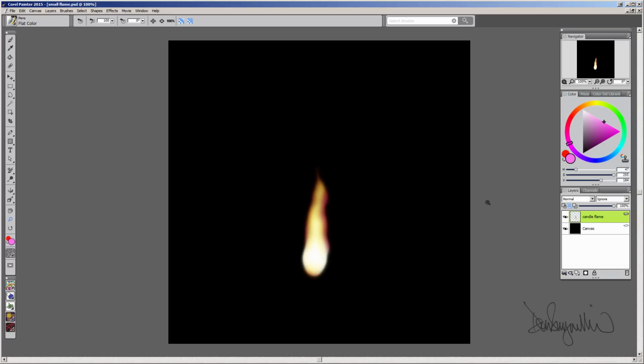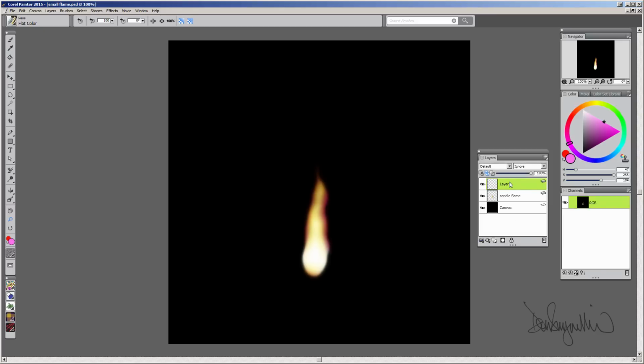Welcome to a short demo on how to paint a glowing effect, in this case around this little flame that's painted here. Painting a glowing effect is really quite easy to do. There are a number of different ways to do it, but I'm going to show you a way that I think is relatively easy. So the first thing I'm going to do is create a new layer above my flame layer,